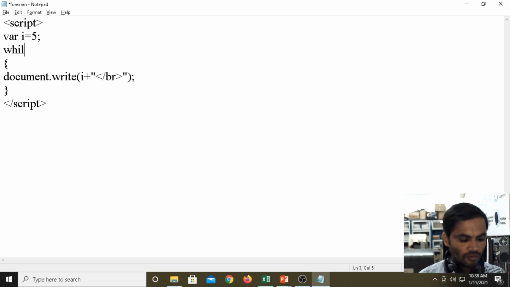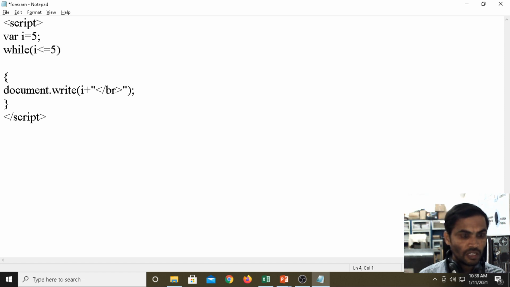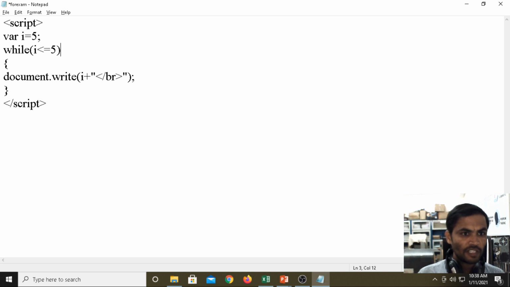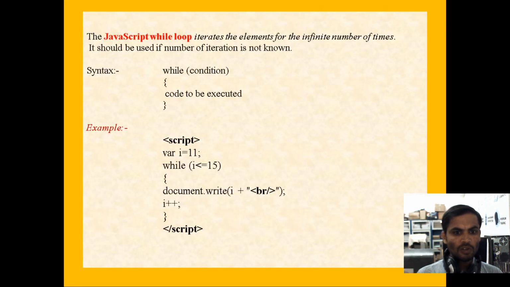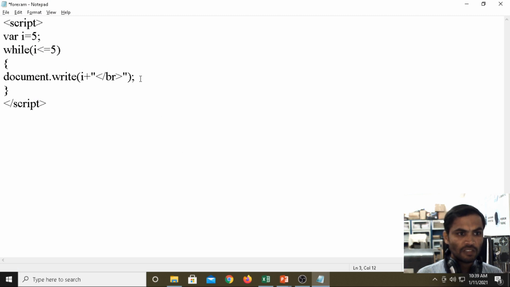Then while i less than or equals to 5. If you want to write the increment operator, without writing the increment operator, what will happen?